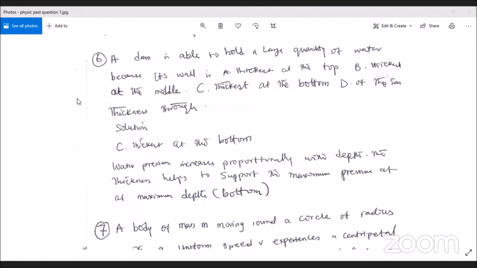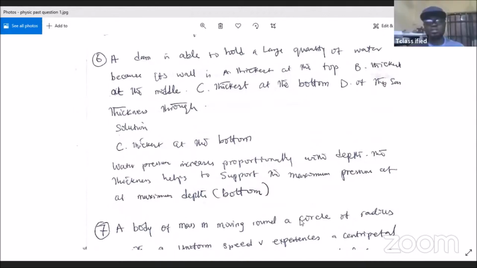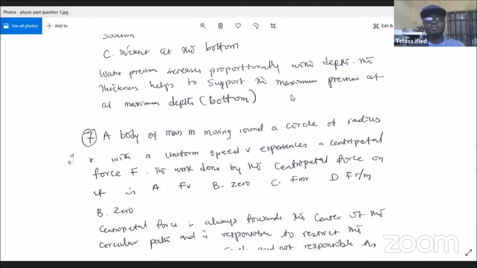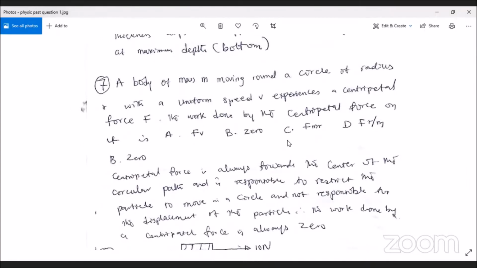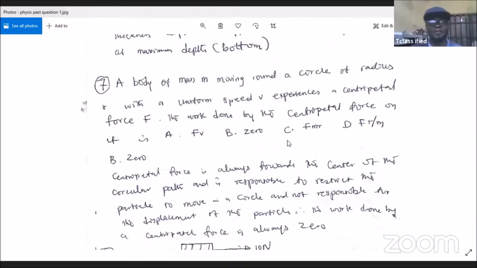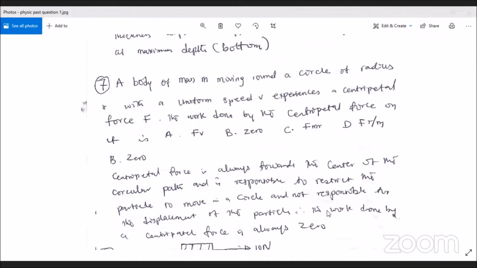Yes, sir. Okay, so let's move to question number 7. A body of mass M moving round a circle of radius r with a uniform speed of v experiences a centripetal force F. So the question says,